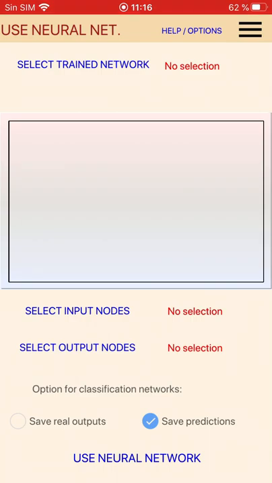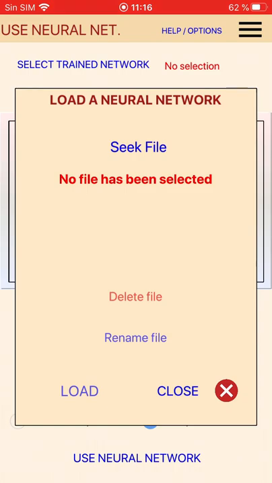And as always, we have to begin from top to bottom. So the first thing we have to do is to select a trained network. We have no selection, we haven't selected a file yet. So I'm going to click on select. Then you can see that I am clicking there. Okay, yes. So this is the panel for selecting the neural network. So we click on seek file,